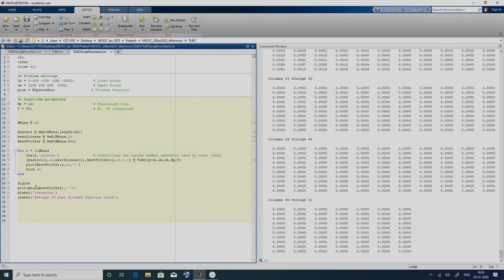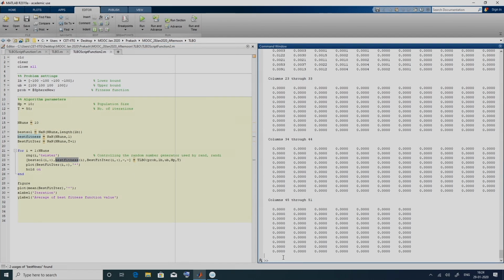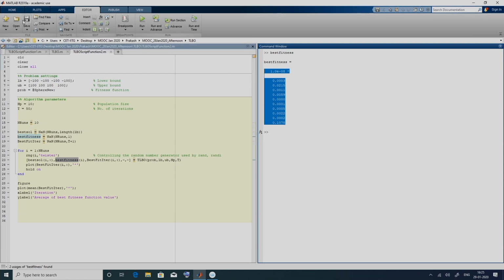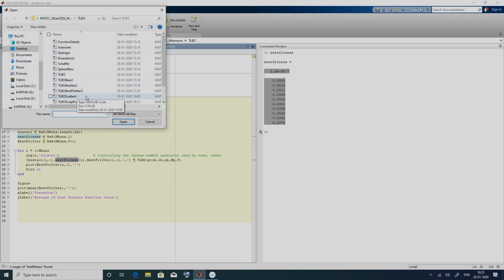Now that we have plotted the mean convergence curve, we can also do a statistical analysis of this best fitness, which has 10 values. We can perform a statistical analysis of this: what was the best value we obtained in the 10 runs, what is the worst value, what is the mean of the 10 runs, and what is the standard deviation among the 10 runs. That is what is done in this